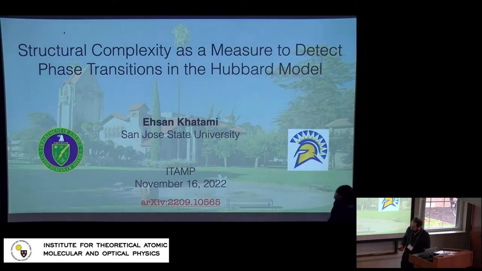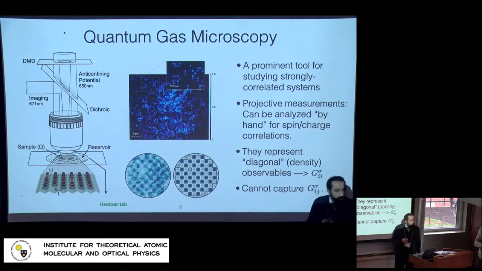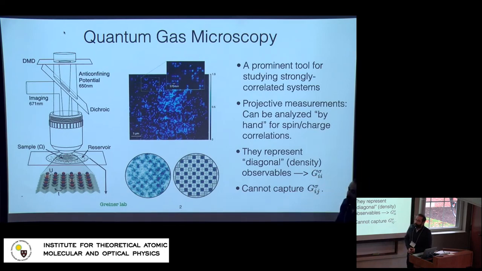So let me start with quantum gas microscopes, and people here are not strangers to quantum gas microscopy. We've realized that this is a prominent tool to study strongly correlated electronic systems, or strongly correlated systems. In general, we've heard about new attractive Hubbard